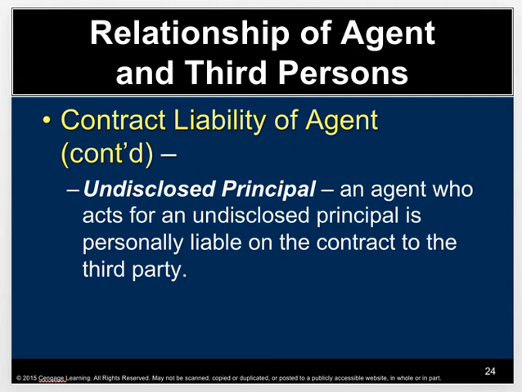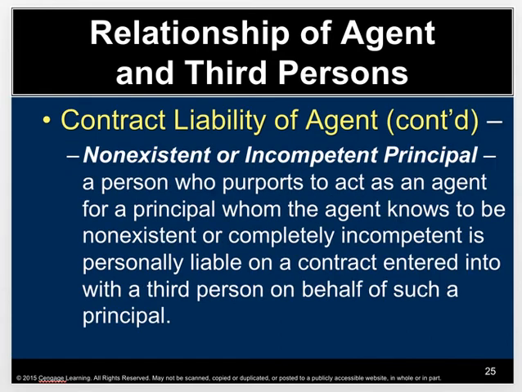As the third party, I can actually go after you as the agent since you are the one that I've dealt with. What about a non-existent or incompetent principal? A person who purports to act as an agent for a principal whom the agent knows to be non-existent or completely incompetent is personally liable on a contract entered into with a third person on behalf of such a